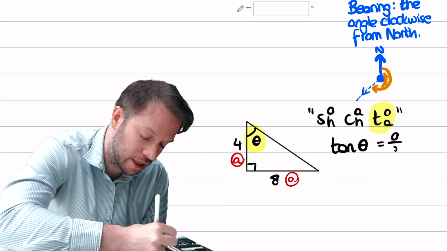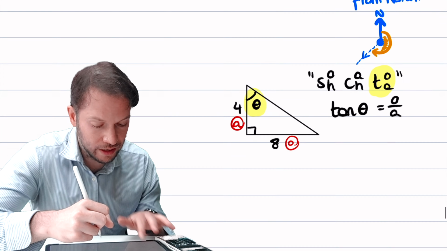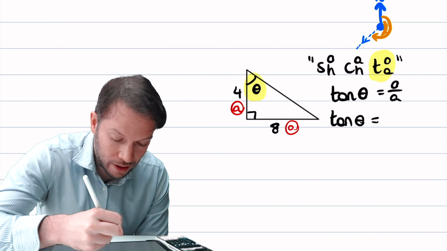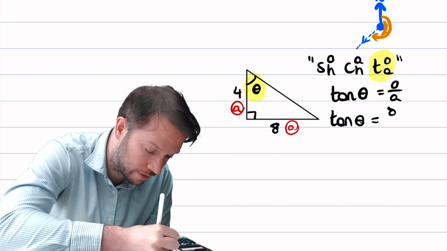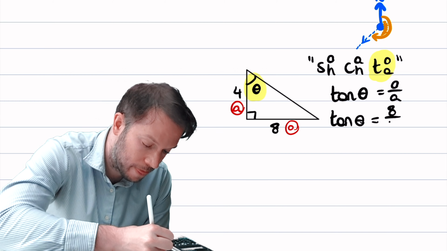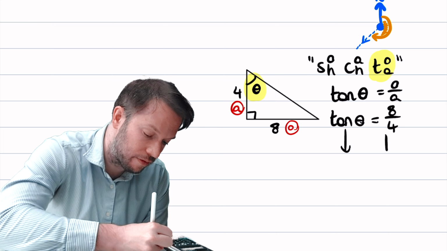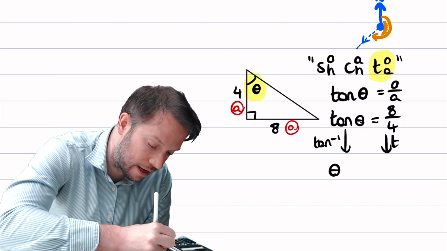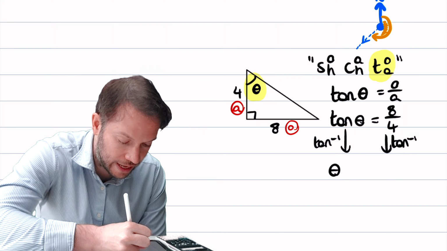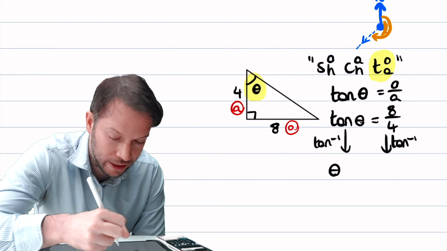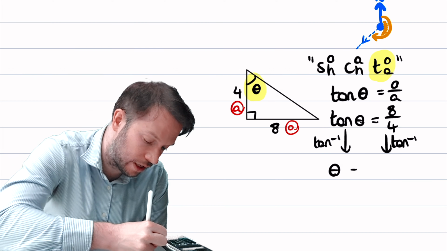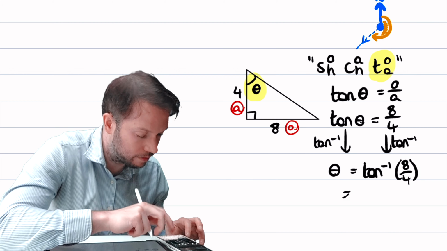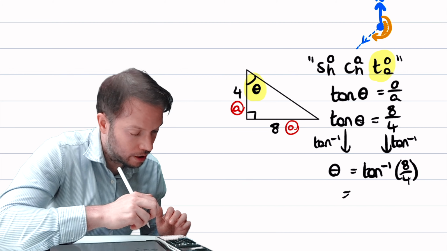We explored this in a previous video. So we just substitute everything into this. So tan of theta, theta is just theta. O is 8 over A, which is 4. And then to get rid of that tan in front of the theta, we do inverse tan of both sides. The inverse tan cancels out that tan, just leaving theta, which we've got here. And on the right-hand side, we're going to do inverse tan of 8 over 4. So let's do that, inverse tan of 2, which is